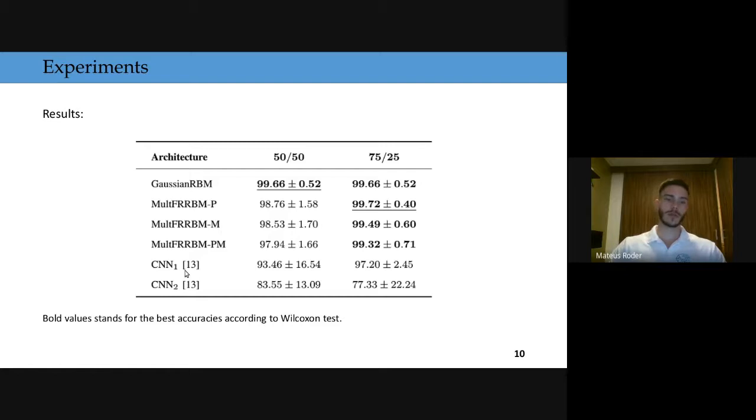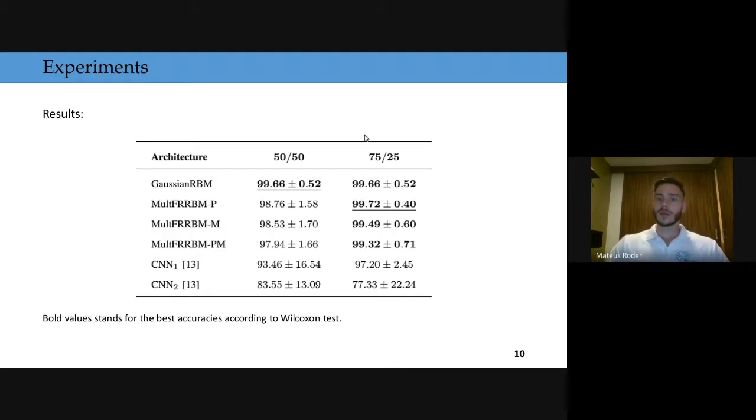the CNNs 1 and 2 employed in the work of Pereira. The multimodal Fourier-based models proposed in our work also surpassed the baselines, the CNNs, but did not surpass the simplest architecture, the Gaussian RBM. However, all RBM-based models have a lower standard deviation than the CNNs employed in the work of Pereira, which is interesting, since we can reproduce the results with a more